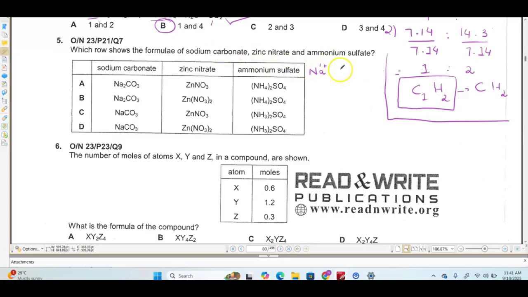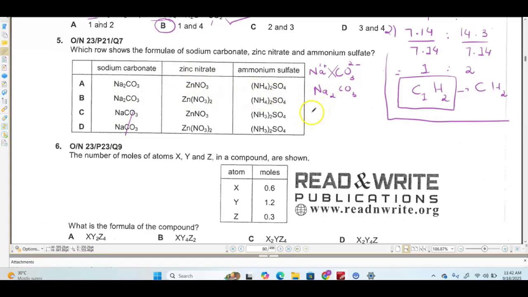So for carbonate, it is CO3 -2. Obviously, because these are not there in the periodic table. The periodic table only has elements, not compounds. Okay, for these you have to remember. Achha, when we cross multiply these oxidation states, what we get is Na2 and CO3. Okay, so the formula for sodium carbonate is Na2CO3. So these would not be the correct options. These two would be correct if zinc nitrate and ammonium sulfate have them correctly as well.